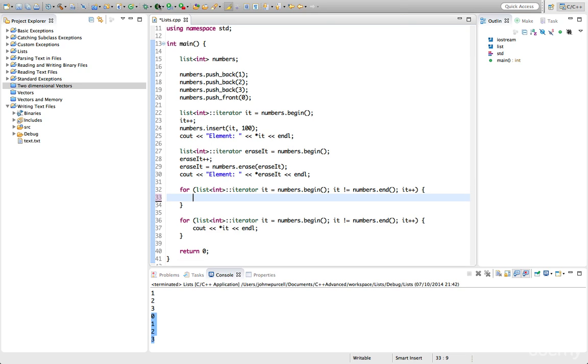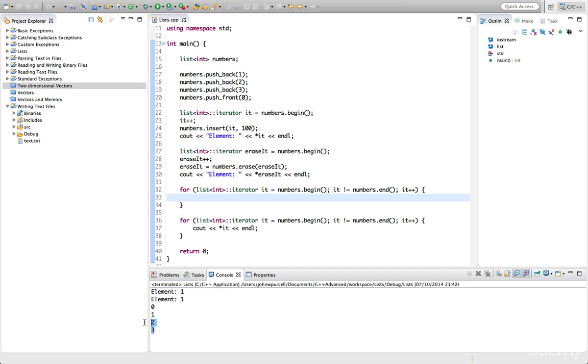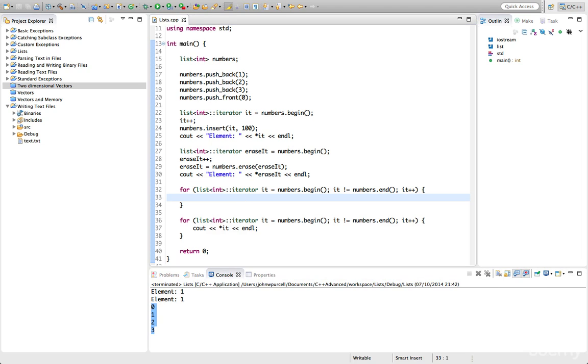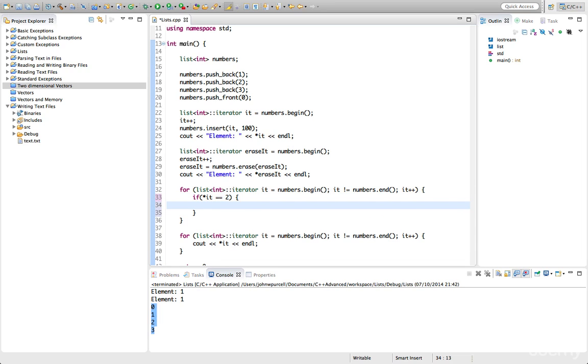So now my second loop, my first loop isn't doing anything useful at the moment, and my second loop's outputting 0, 1, 2, 3, which is what's actually in the list. So let's say here if the thing referenced by the iterator equals, let's say, 2. Supposing we want to insert something before 2, we can do